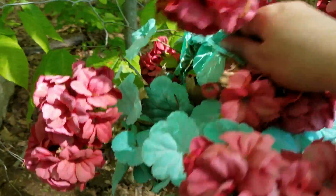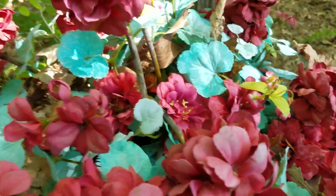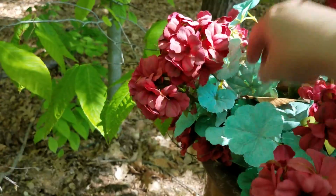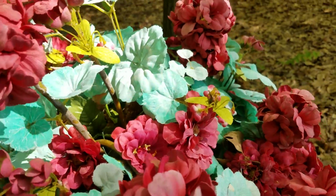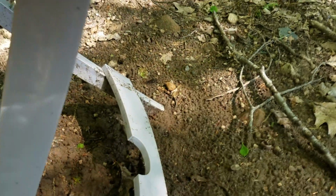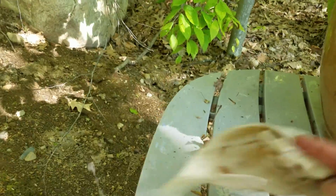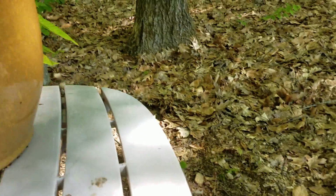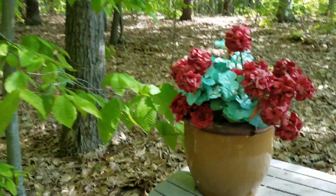All right. These things are like a hot mess. There's not a lot of sun back here, so it's hard to put anything real back here. I did just plant a bunch of, I just made a mess on the table, of the shade flowers from Dollar Tree, so hopefully that'll help. But back here, no matter what you put back here,